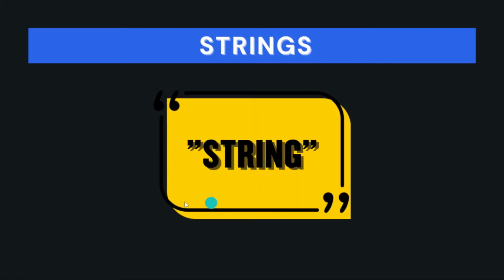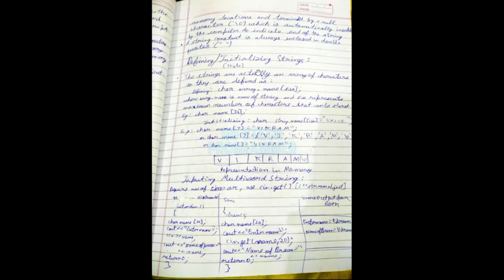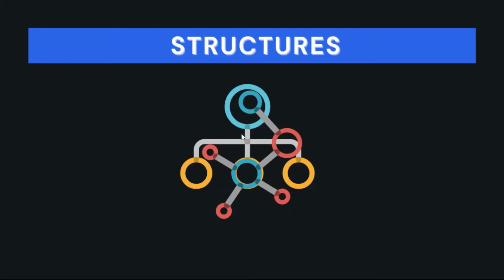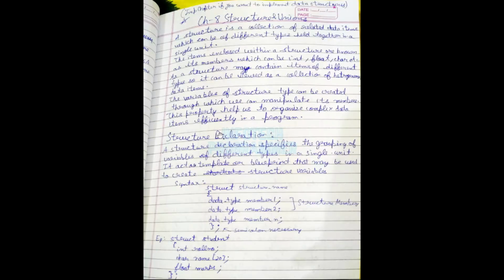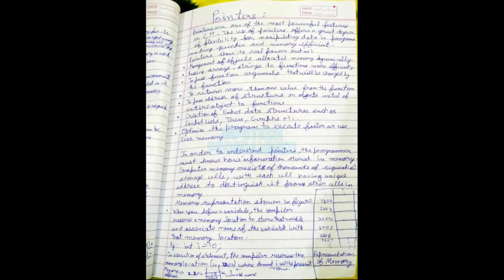After that, you have to learn the concept of strings, what strings are. You will learn how to define and initialize strings, how they are arrays of characters, and also the programs of strings, and using the functions of strings. After that, we have structures, structure and union. Structure is also a very important part of C++ that I had explained very properly in my notes here, structure and union along with the programs.